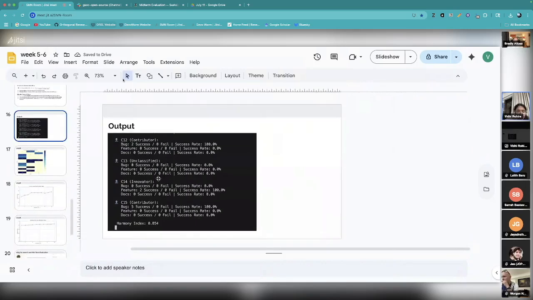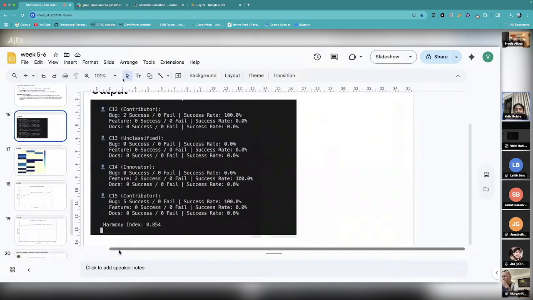Oh yeah, over here. So this is when I was running for the harmony index for the first time. It's unclassified. I think this was after 10 steps or something, and it has done nothing. So until a few number of steps, when it does something, it will be classified into the type of agent it has expertise in solving tasks.